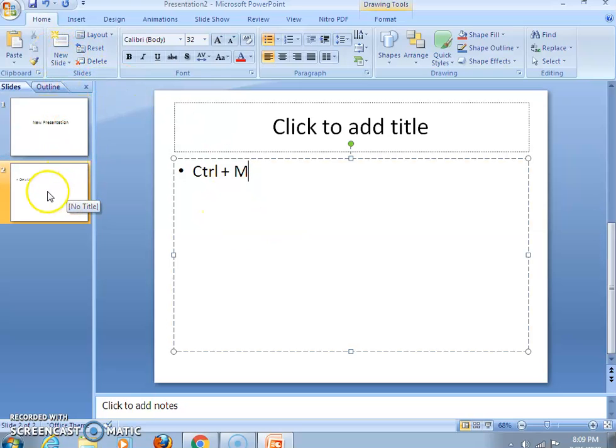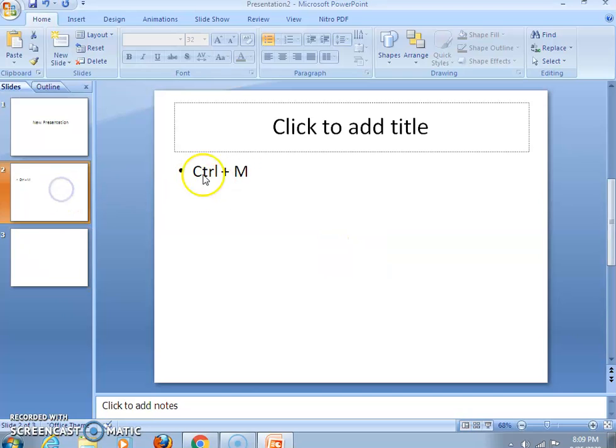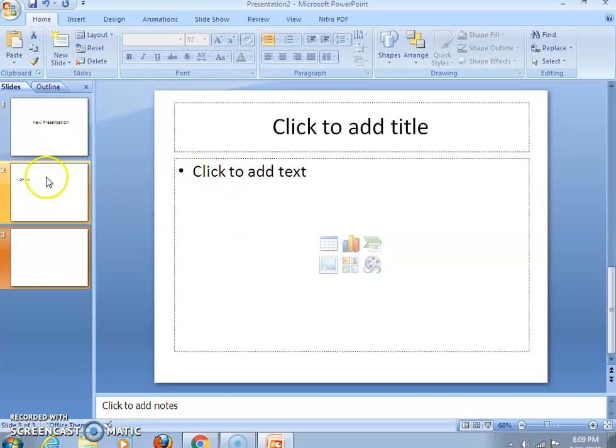How can you do it? See here, I'm pressing the Control key simultaneously with the M key, both keys together, Control M. You can see here on the left hand side, earlier there were two slides, slide 1, slide 2. Here a new third slide is inserted with the help of Control plus M. See here, this is Control M we have used, and we inserted the new slide.